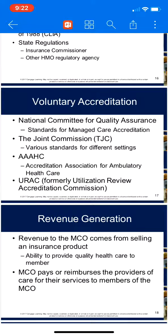In your textbook on page 130, there's table 4-1. It's the Voluntary Accreditation Associations. You have your accreditation association, and then you have their applicability. So NCQA is all HMO, PPO, and POS plans. The AAAHC is your staff model HMOs at each clinic site, but not as an HMO; group model HMOs at physician group, but not as an HMO; and network model HMOs at a clinic site, but not as an HMO. So know the Accreditation Association and what their applicability is, because you'll need to match this on your test for